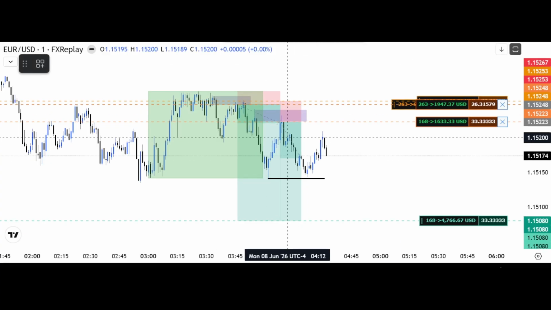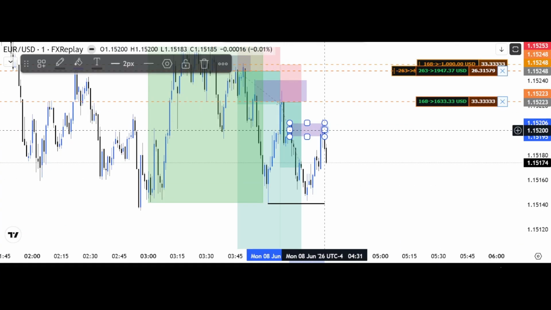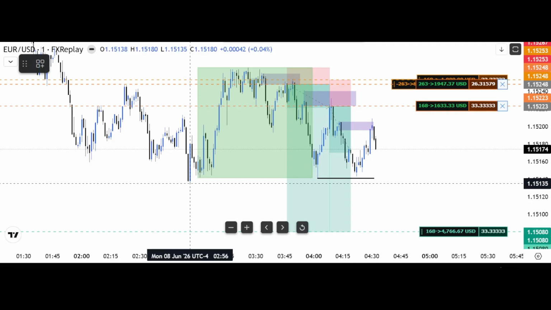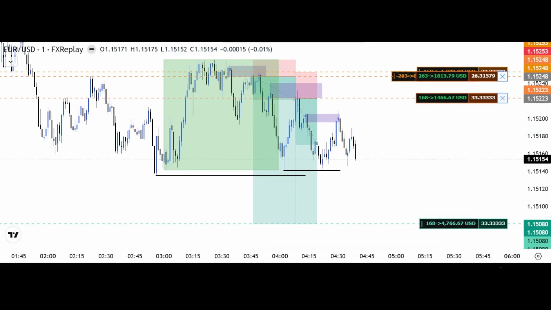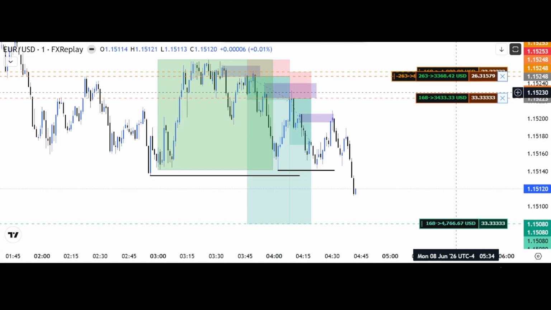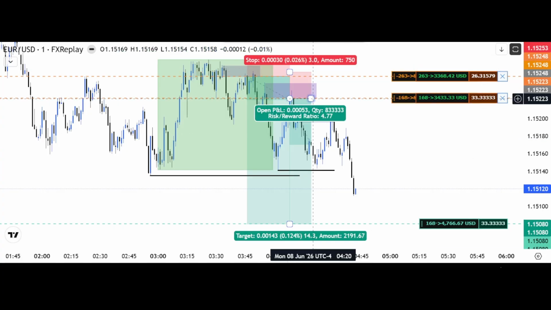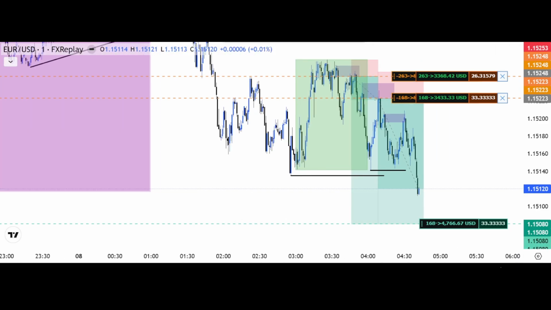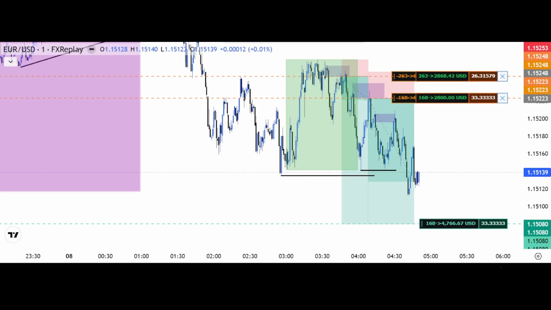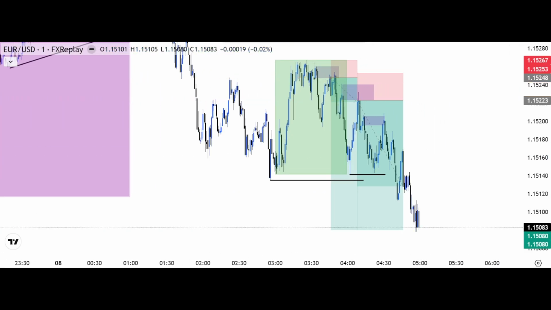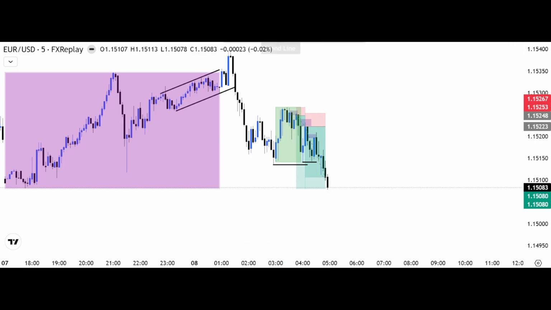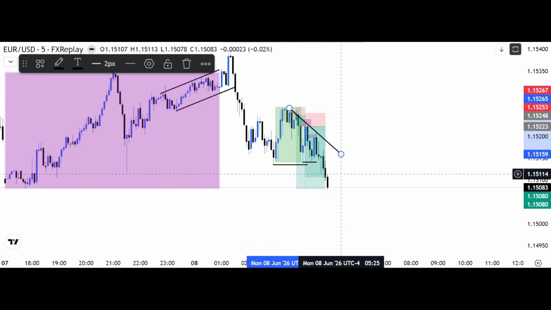Another point of interest, it doesn't matter. Still, price didn't break this low. So the cycle is still on. Now we can break even this trade too and let it run, and take profit hit. Since Asian low was taken and there was, let's say, build up of liquidity, all of